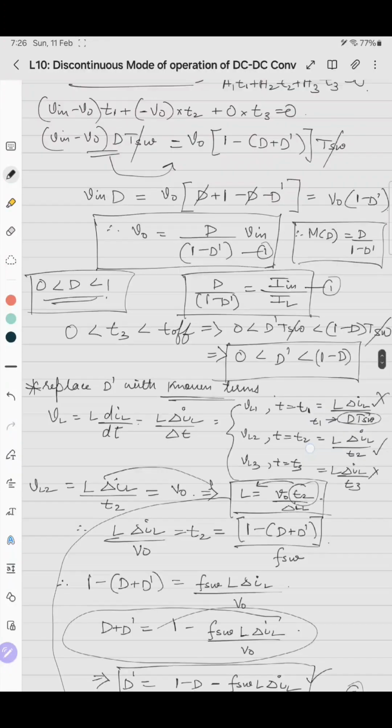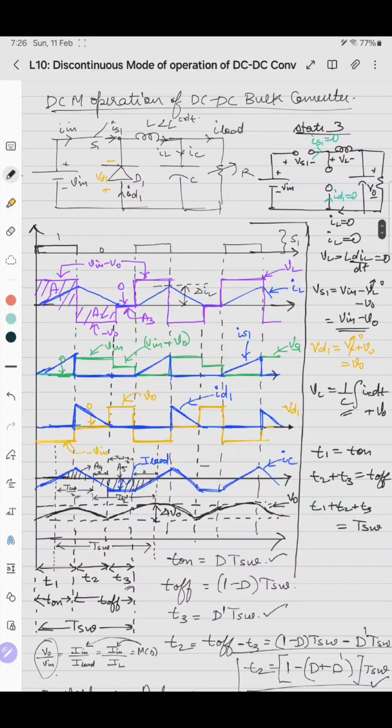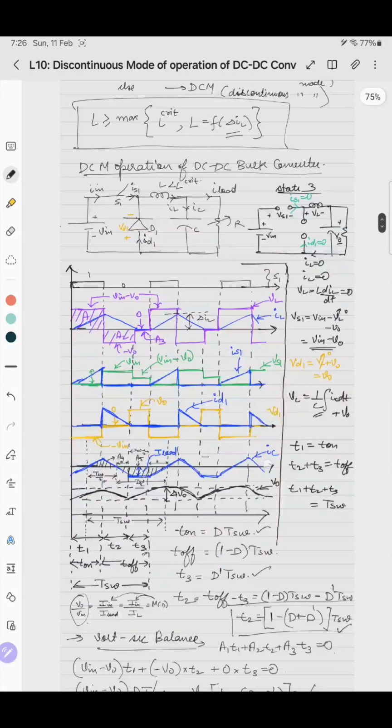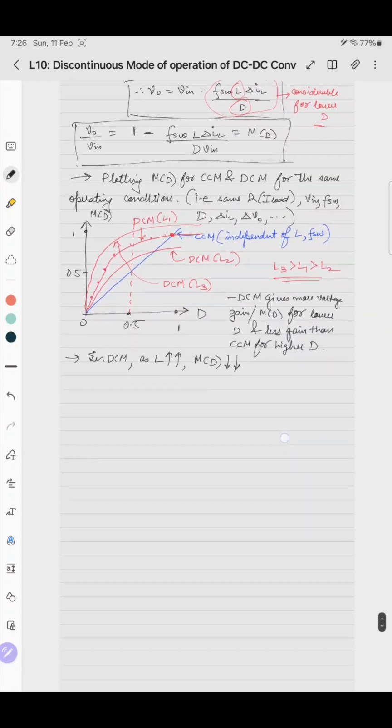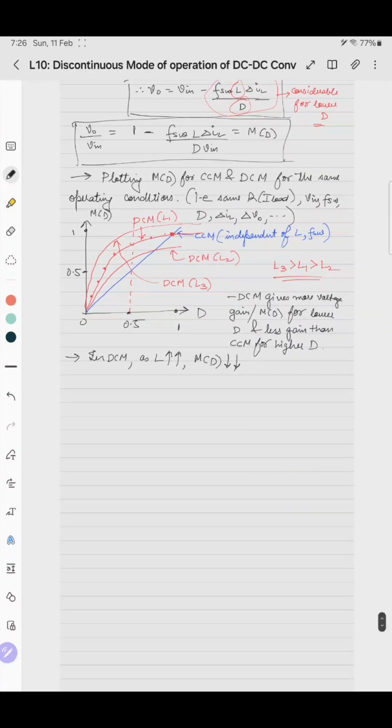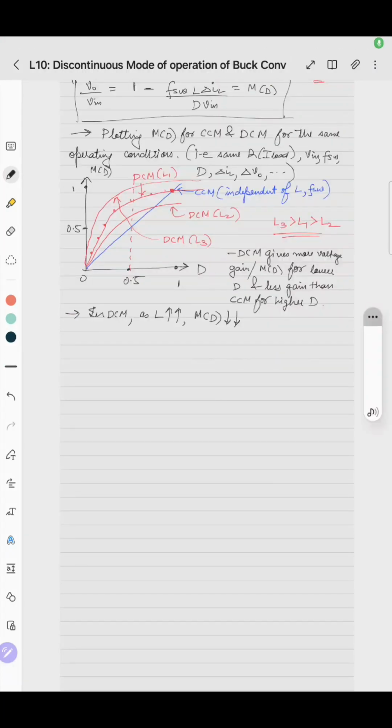So for this steady state DCM analysis for the DC-DC converter, the assumption is that there is a load on the converter. The only thing is that L is less than L critical. So we are done with the discontinuous operation of DC-DC converters. In the next subsequent lectures, we will analyze the higher order DC-DC converters. After that, we'll see isolated DC-DC converters. Thank you. So one more thing to note in this case is that